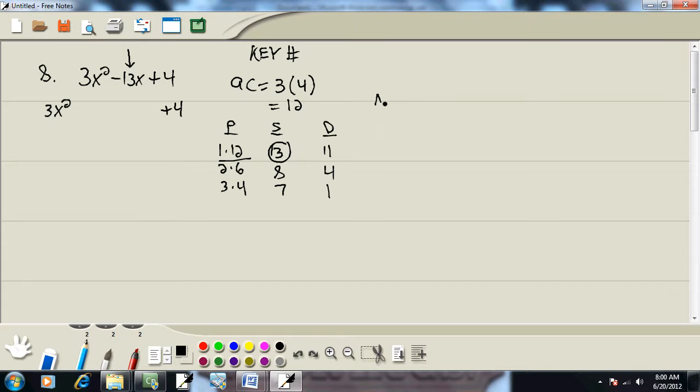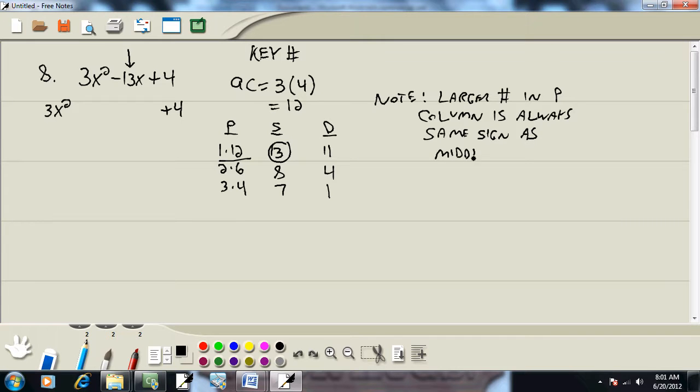Now we have a note. Our larger number in the P column is always the same sign as the middle term. Well, larger number of the P column is a 12, and our middle term is negative, so this will be a negative 12x. Now if the number I circled is in the S column, S for same signs, they'll both be